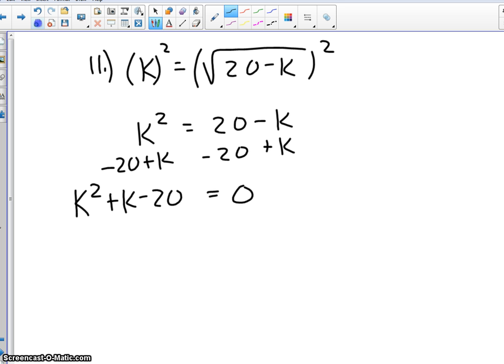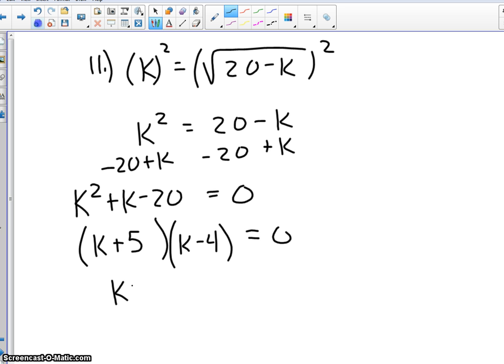Now you could go ahead and use the quadratic formula here, or again, simply factor it. Multiplies to negative 20, adds up to positive 1. Those two numbers are positive 5 and negative 4. So that means k equals negative 5, or k equals 4. Now, if you try these, I think what you want to understand is that you might run into an extraneous solution. If you try 4,